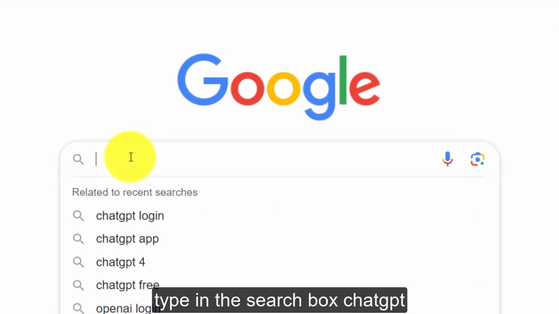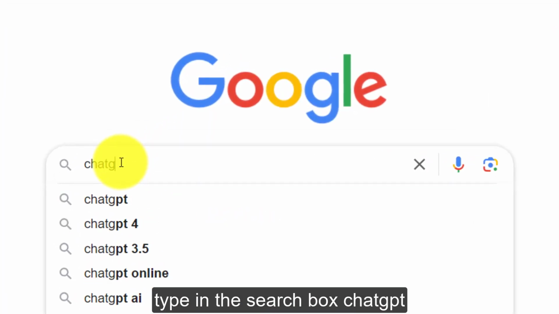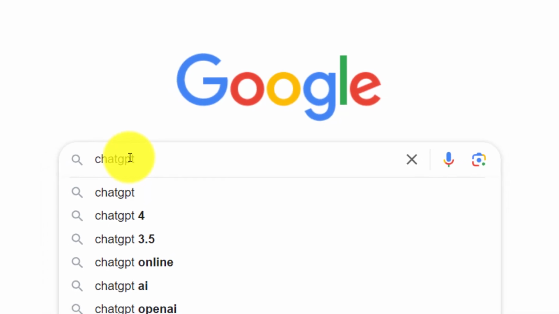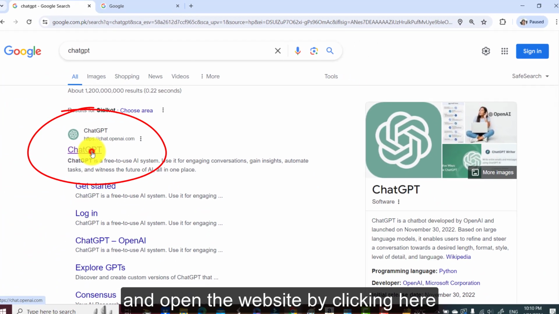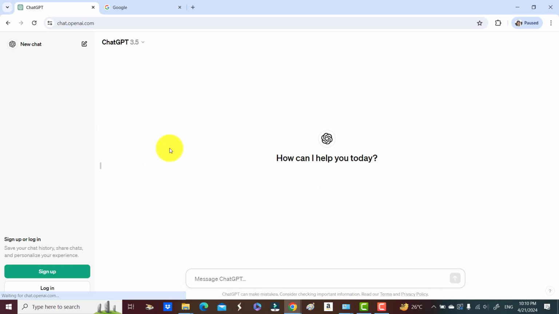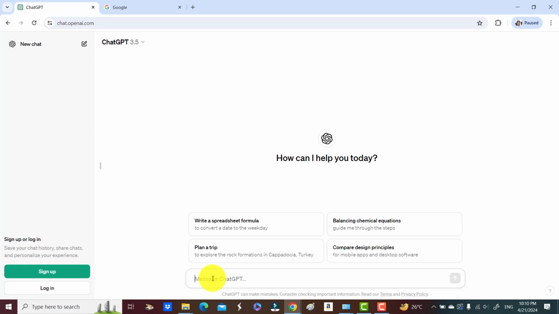Type in the search box ChatGPT and open the website by clicking here. Here type a message,